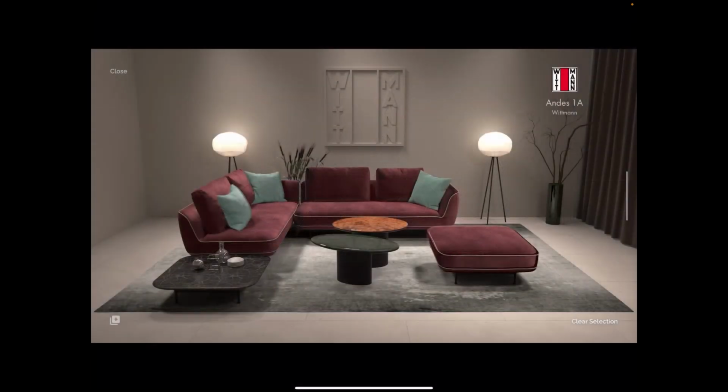This is the base functionality of Beam. As you can see, it is very easy to use. You can use it together with your client in your showroom to facilitate the selection process, or the client can also download the application for free from the App Store for iPad and continue designing his or her furniture at home and get more engaged with your products.